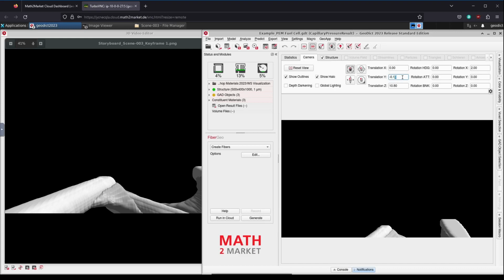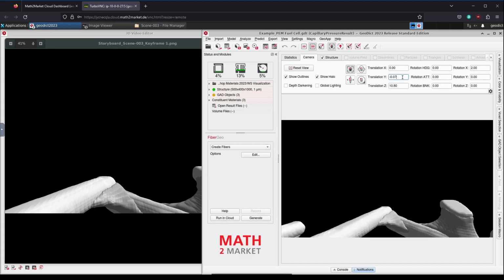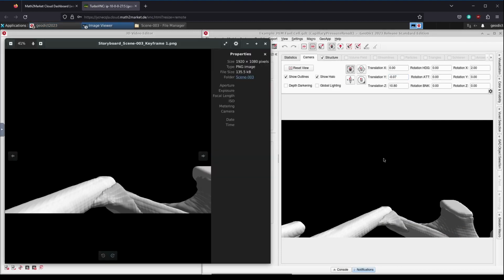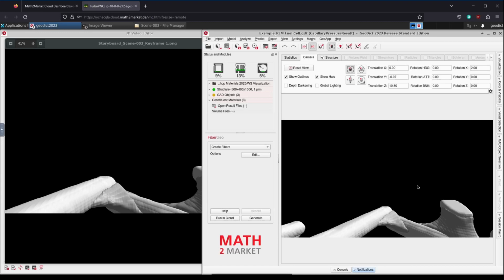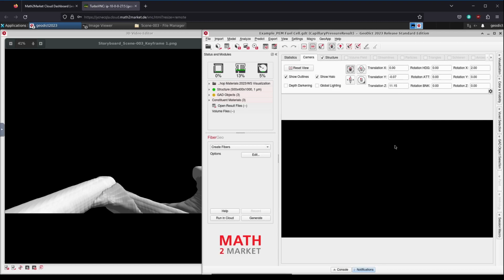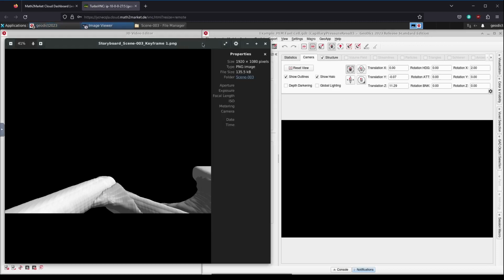Using the reference image, we now match our camera. Personally, I will use the direct numerical input here so that I only influence the translation Y value and nothing else. With the value of -0.07, we hit the picture quite well. Now we zoom in a bit further until there's no more structure to be seen, and we are done.